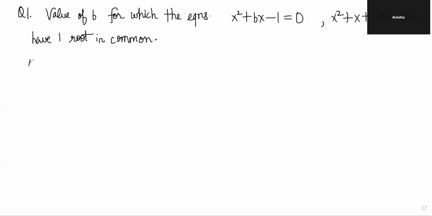And the options here are root 2, minus i root 3, i root 5, and minus root 2, I think. That is the first one. The second one is